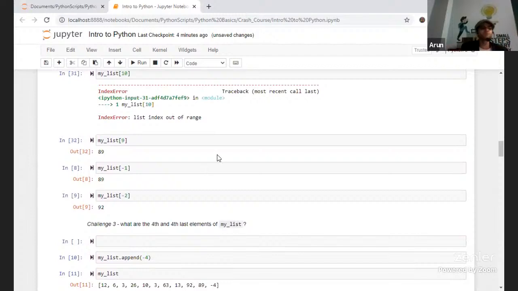This was a smaller example because we didn't have much data. Suppose there is a large amount of data, it's impossible to know what exact index has what values, right? So generally we use something called looping, which we'll see next.